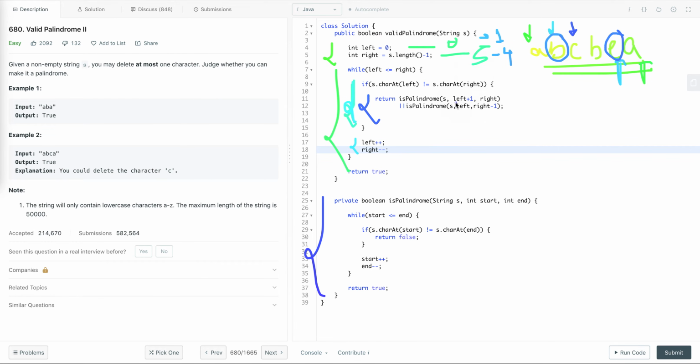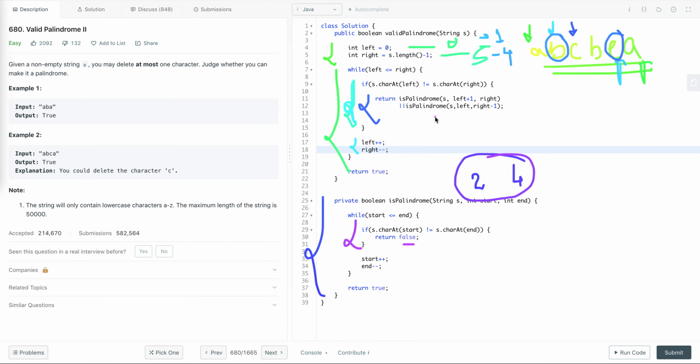We pass the value of start as 2 and the value of end as 4. In this string we check whether the string present from this index to this index is a palindrome. So we compare whether this character is equal to this character. No, it is not equal, so we return false.